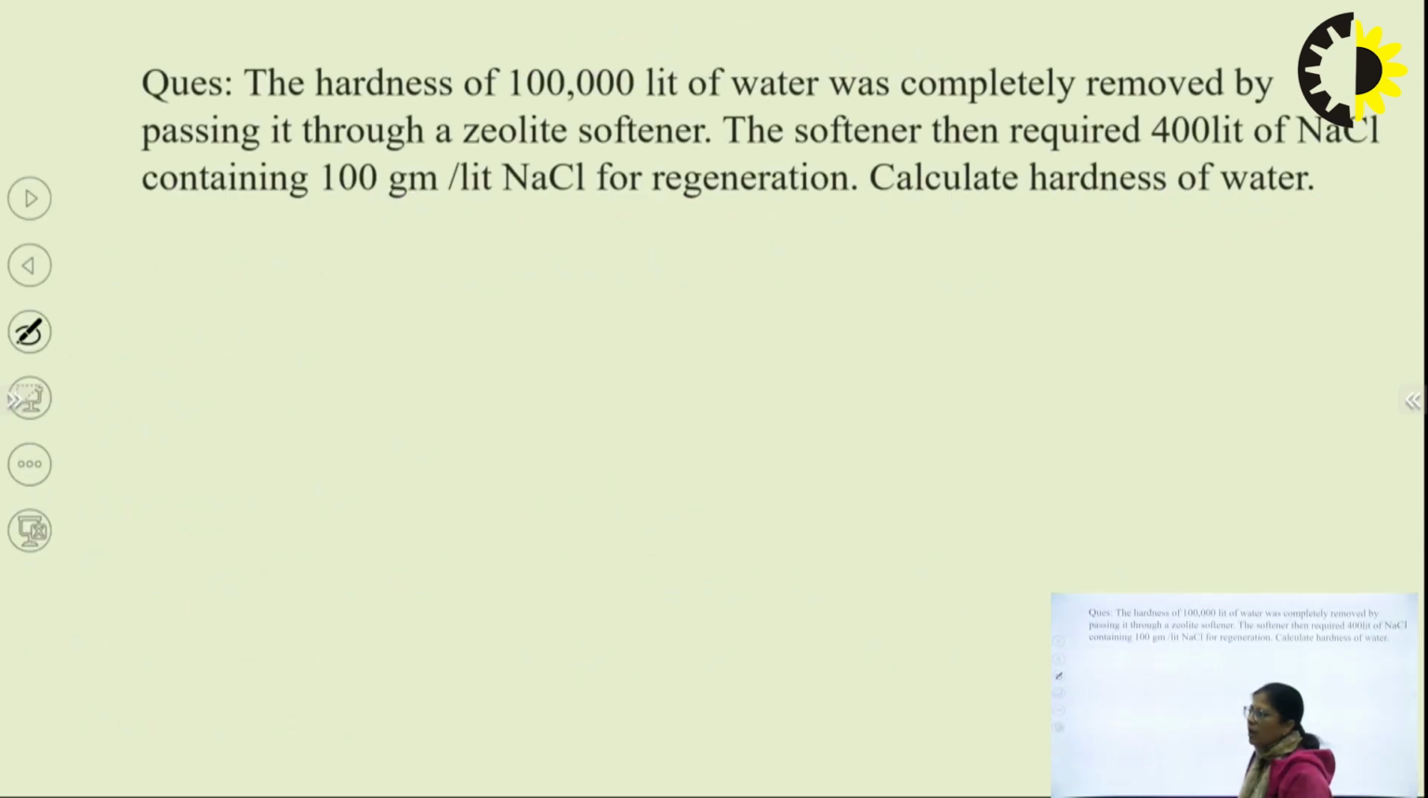Now, coming to the numerical part of zeolite. Here, the hardness of 1 lakh liters of water was completely removed by passing it through a zeolite softener. The softener then required 400 liters of NaCl containing 100 gram per liter NaCl for regeneration. So, calculate the hardness of water. That means if this is the zeolite bed, we have passed 1 lakh liters of hard water,